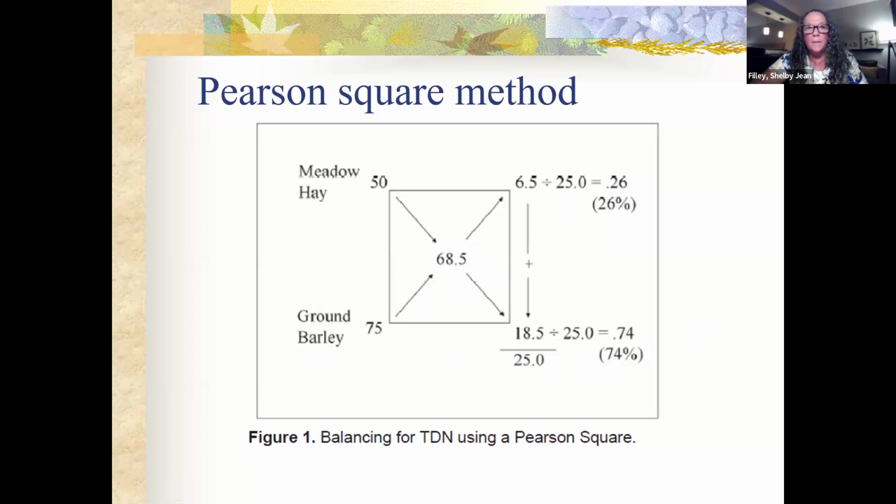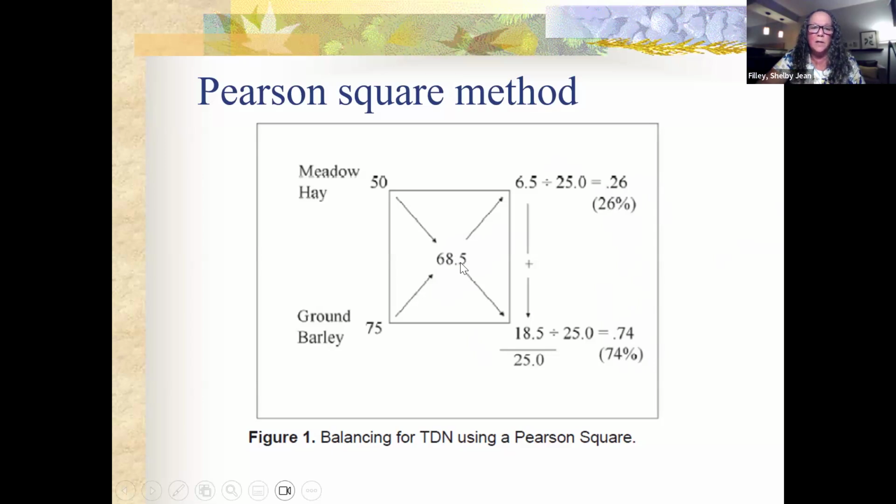You can feed 26% hay and that much ground barley. You would have to step up slowly over a period of 2 to 4 weeks to get to that point. But as long as the animals have 10% fiber to keep the rumen functioning, it's fine to feed them that much grain. So if we take this meadow hay ground barley mix, okay, this ration that's 74% barley and 26% meadow hay, it's going to be